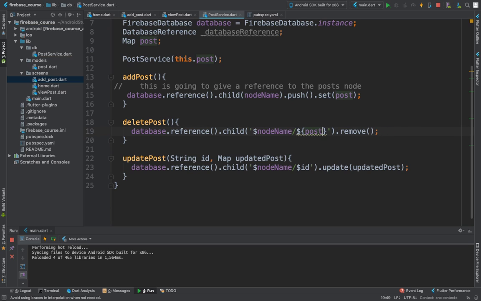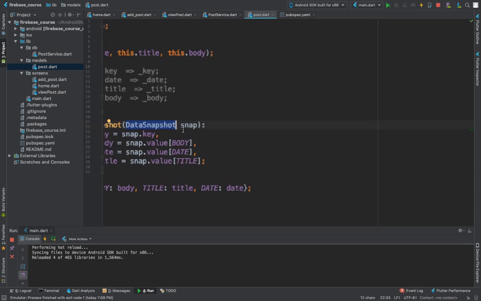No, let's do it post key. Okay, let's make sure this is going to work like that. And by doing this, we're giving the name of the node, and the ID of the post is going to be post key, because we're dealing with a map here. That's why I have to write key like this, not dot key, because this is not a post object, it's a map. And this post key is, if you go to the models and to map,